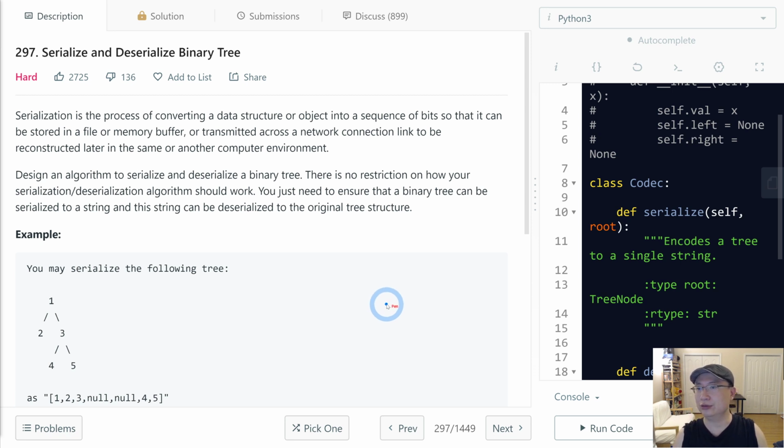LeetCode question 297, Serialize and Deserialize Binary Tree. This is a hard level question. Let's get into it. Serialization is a process of converting a data structure or object into a sequence of bits